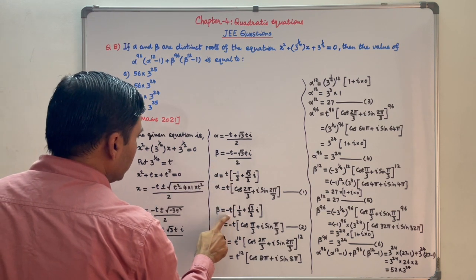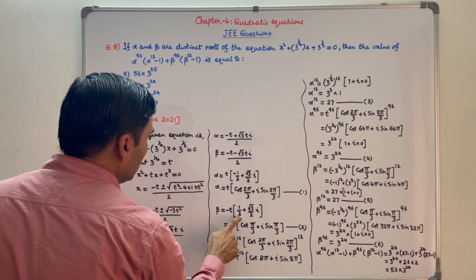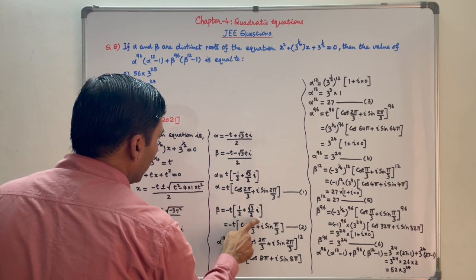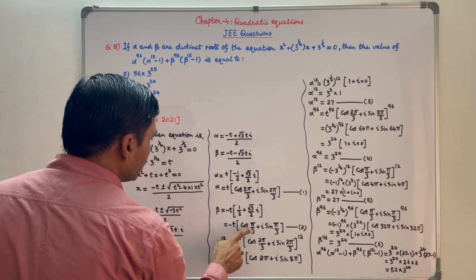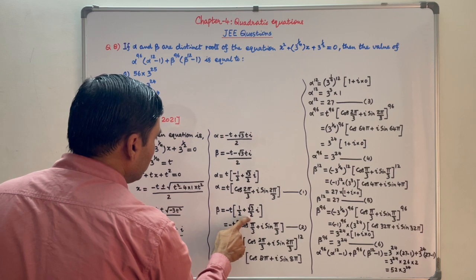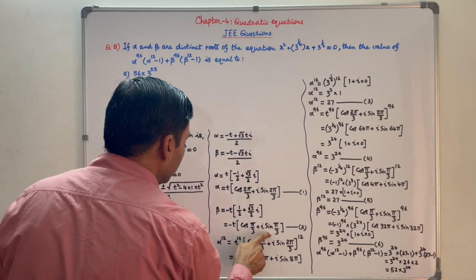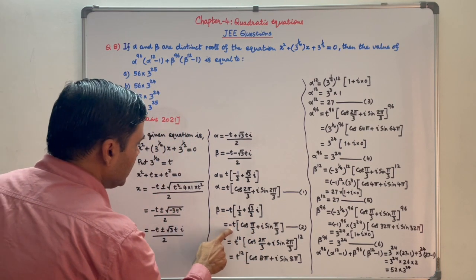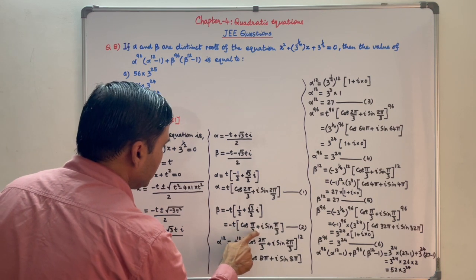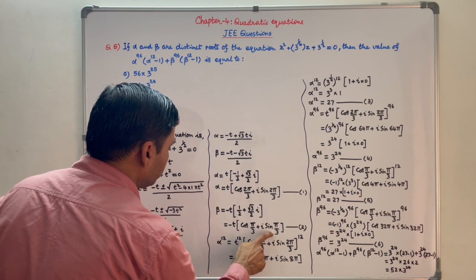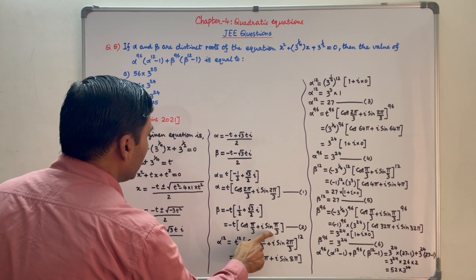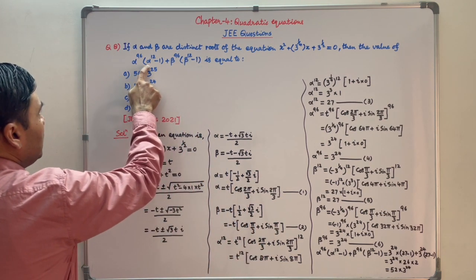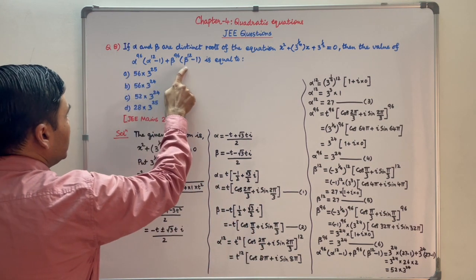So it will be minus t into, in bracket, 1 by 2 plus root 3 by 2 i. 1 by 2 can be written as cos pi by 3 and root 3 by 2 can be written as sin pi by 3. So beta is equal to minus t into cos pi by 3 plus i sin pi by 3. Now we are ready to calculate alpha to power 12, alpha to power 96, beta to power 12